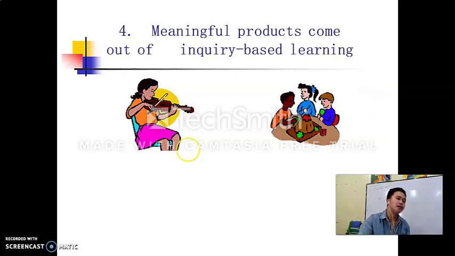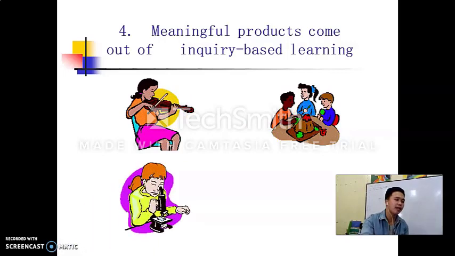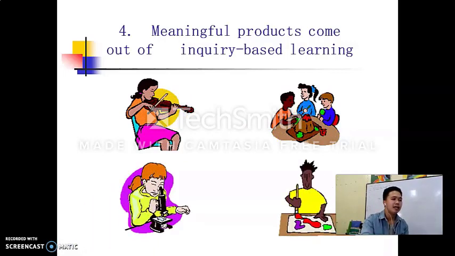Just like this one, the picture of a girl playing a violin and children doing tasks. So, kapag ginagawa nila ang task, there is a great learning, no? That's why in former years, doon sa kindergarten natin, especially in elementary years, kailangan talaga ang students ma-engage sa mga trabaho na dapat sila ang gagawa. Diba? Kasi mas maganda ang learning doon compare sa si teacher lang talaga ang nagsasalita.